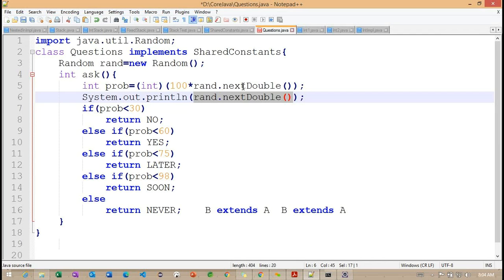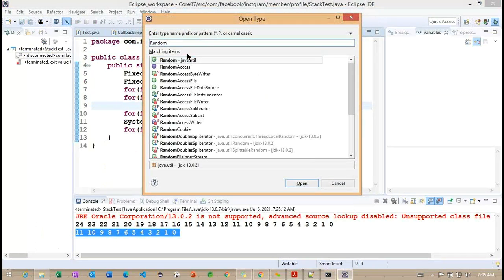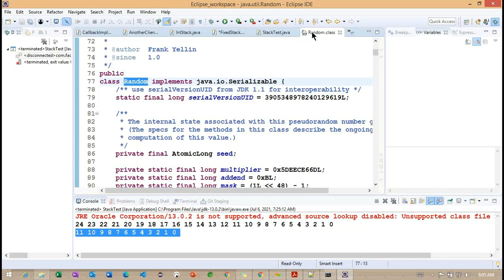But why take the nextDouble method? To get the random value, we need to call this particular method. Basically, this is an object. We created one object here. To get the random value, we need to call this particular method. Okay. Don't we have any other than double, other primitive types? nextInt or anything? So see, this is our Random class.